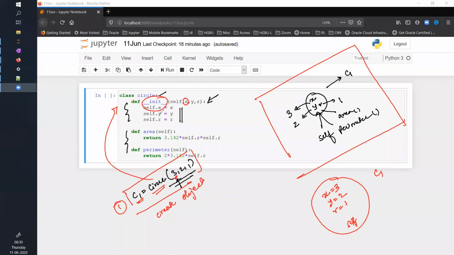But is it clear how this self is working? For now, if you're not able to thoroughly understand this, just make sure that whenever your object, when you create an object, is taking some attributes, always have this def init. Once you start coding, it will automatically start making sense to you. It will take some time, but it will start making sense.